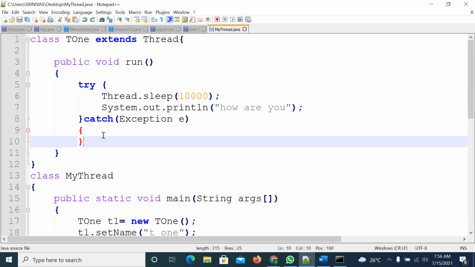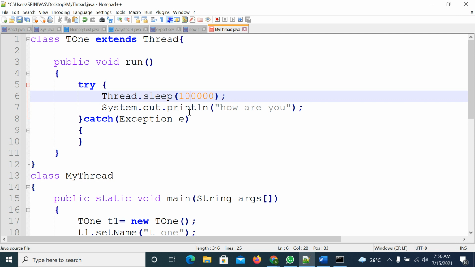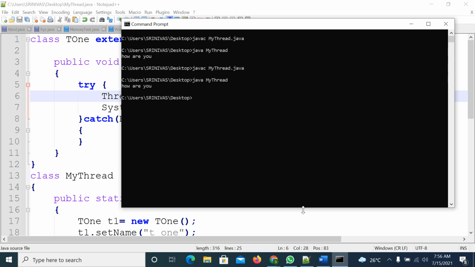Suppose this time is more than 10,000 milliseconds, suppose 1 lakh. In this case, it will wait more time. So compile the code, execute the code.